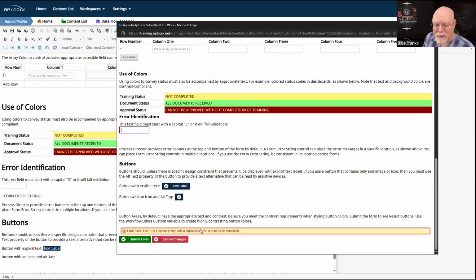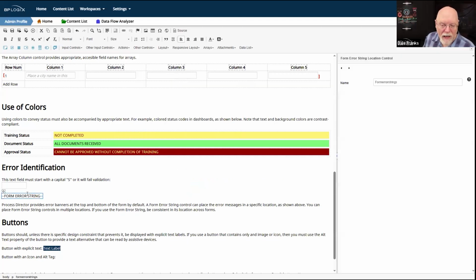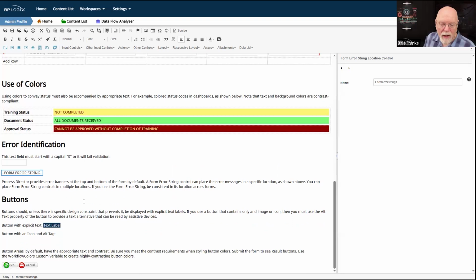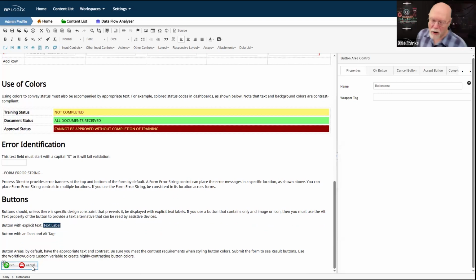At the bottom, it's not as important, I don't think, although if you're going to place an error string like we have here, then I think you would also want to place one immediately above the button area control on the form. And yes, every form should have a button area control.